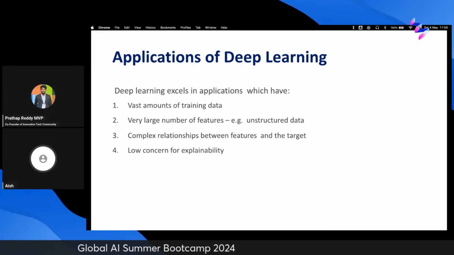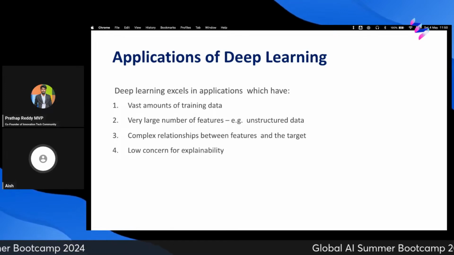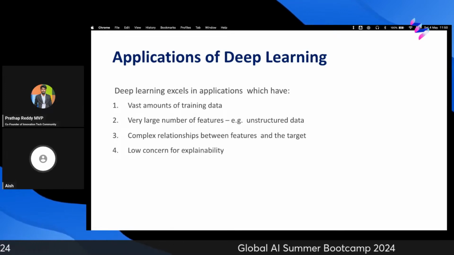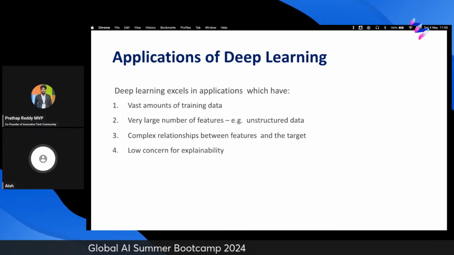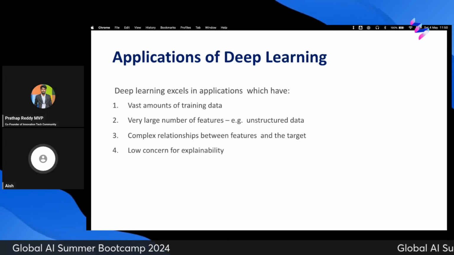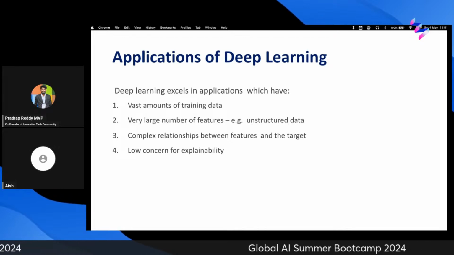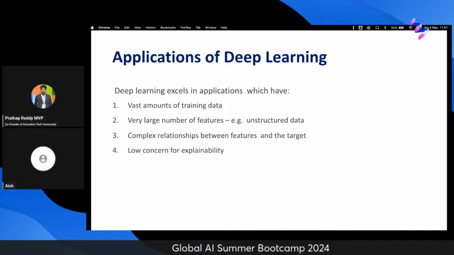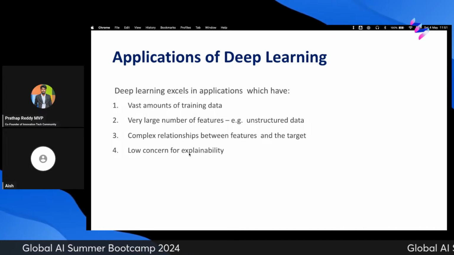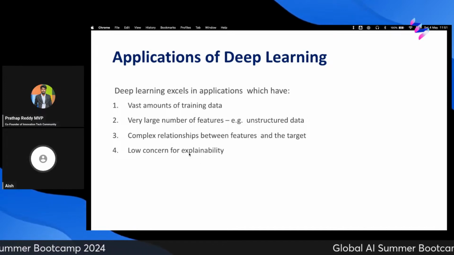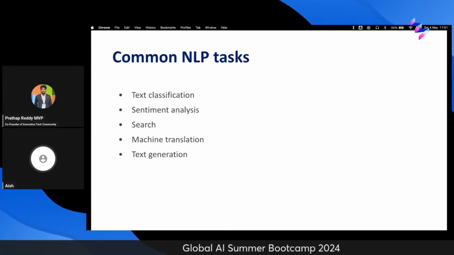So for example, if you want to predict the weather, weather has thousands of really unpredictable variables like pressure and humidity and all those kinds of things. That is a very complex system, but still, if you want to predict what the weather is going to be like and you don't really need to explain how you arrived at that conclusion, then you can use neural networks where you don't need to explain your reasoning.